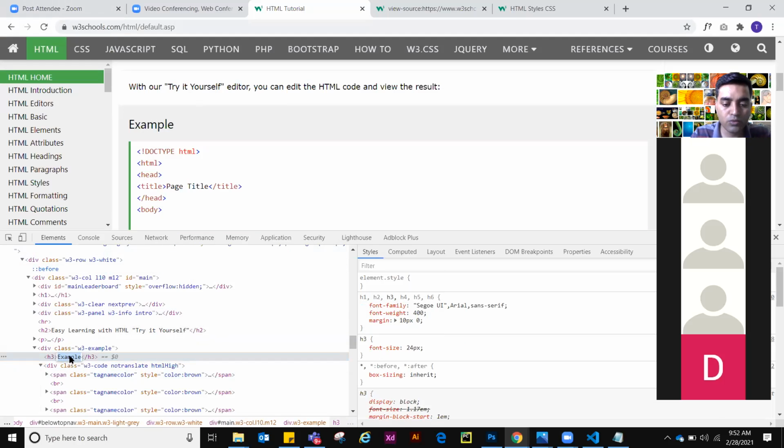I change it to "you can learn it very easily." Right? See now. So now the change is just in the DOM. Or, simply speaking, this is inside the page.